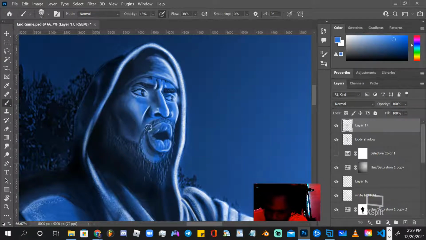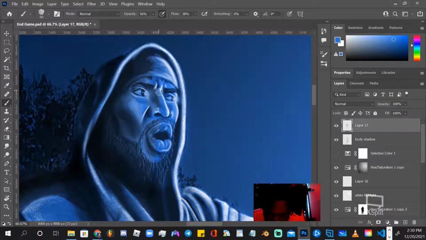So we got that. Is this the top? Let me see. Let's go with a 15. Well, a little more than a 15. Yeah, there we go. Alright. So we got our skin pores here. And we're just gonna gradually put that in, it doesn't have to be super crazy, anything dramatic.